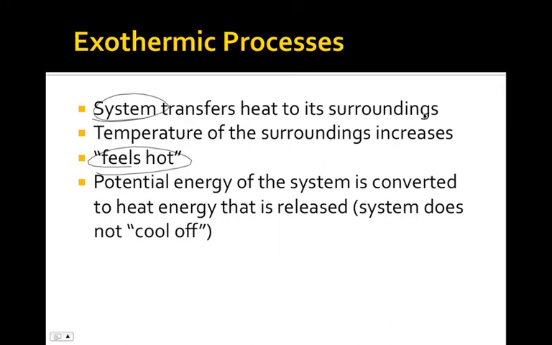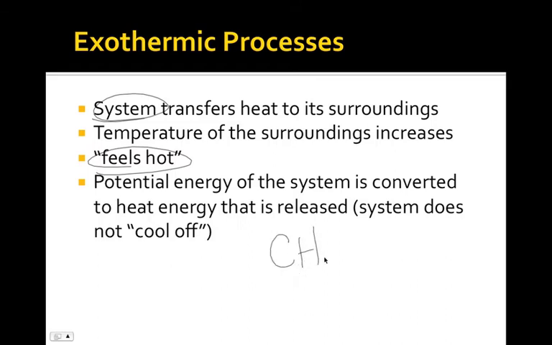to its surroundings. Basically what happens is the potential energy that's stored in the system, usually in the form of chemical bonds or something, is converted into the heat energy that gets released. So I don't want you to think, okay, well, if the surroundings heat up, then the system must cool off. Now, the system typically doesn't experience any kind of a temperature change. It's just that, let's say we had